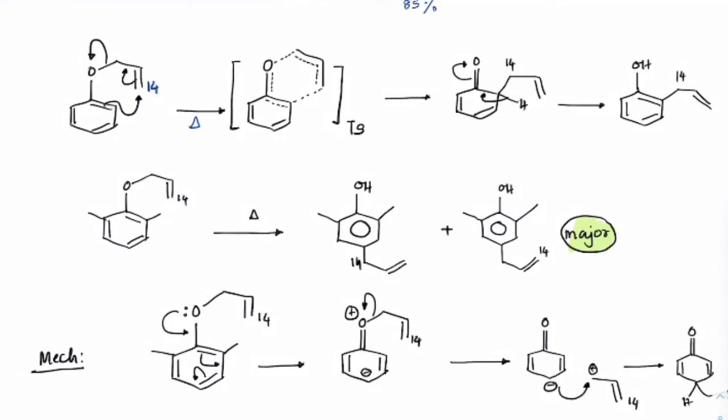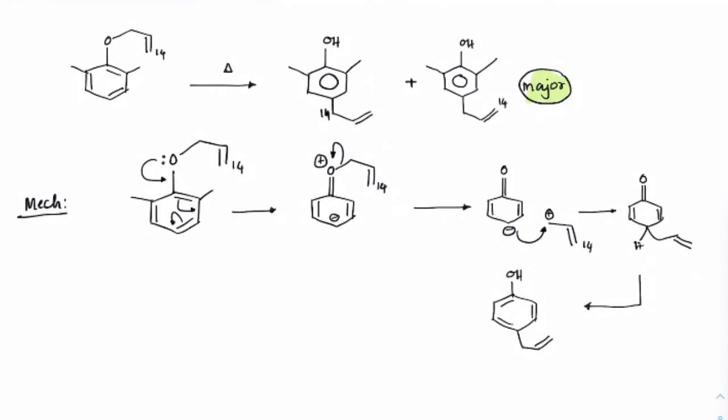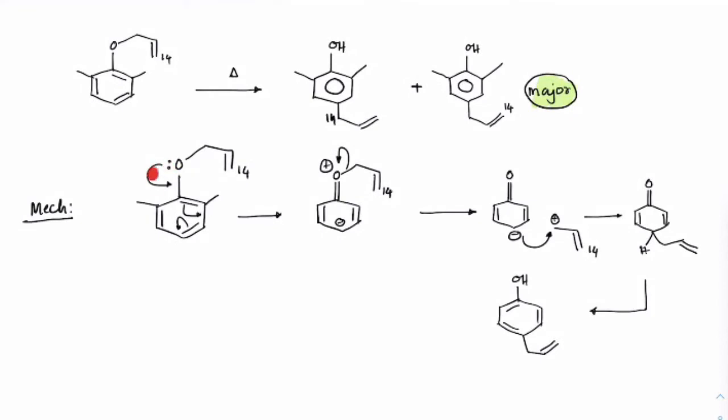Okay, so there are two mechanisms suggested here. One is a carbocation mechanism. Through the carbocation mechanism, I already showed you how it works. First the oxygen will close as a double bond, break this, and an allylic carbocation is formed, and from the para position, because these two are completely closed here, electrons from the para position only will attack that carbon, so we will get this group, and it will try to close the bond to retain the aromaticity, and finally we will get this product.